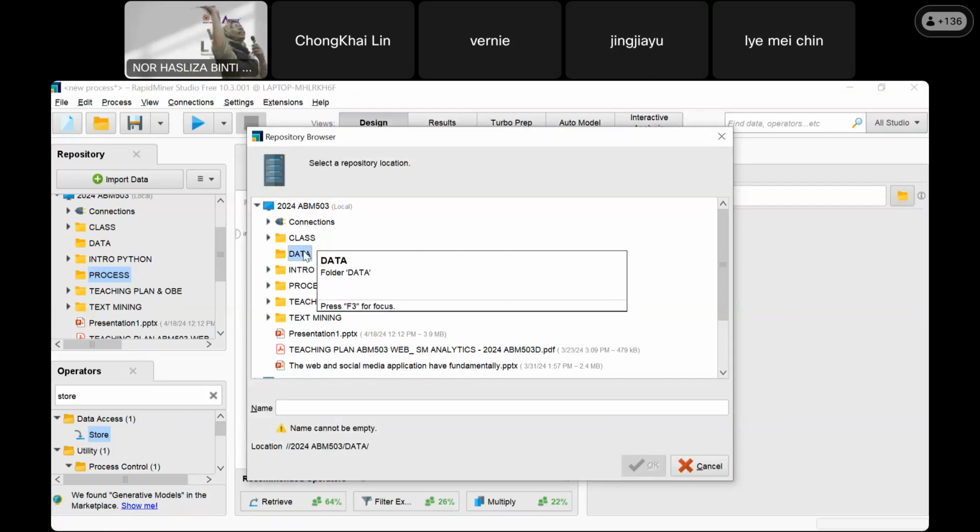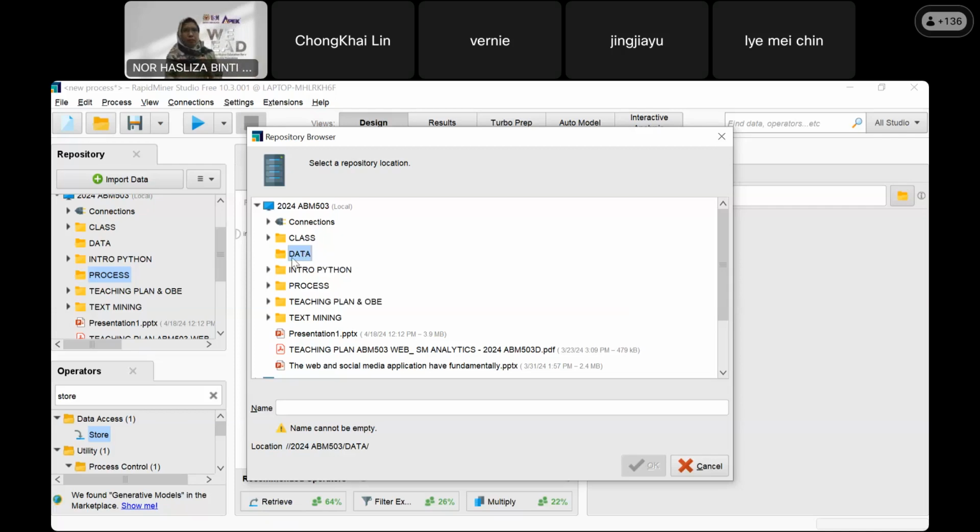You can put it in other places, but this is just to differentiate your data and the process. Okay, I can't see it. Do you see it?